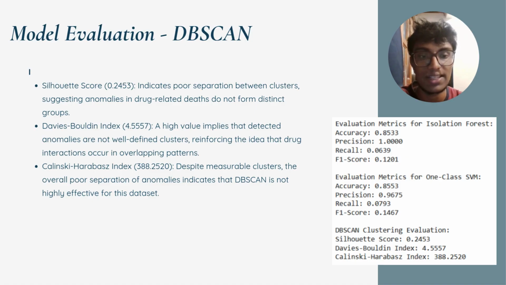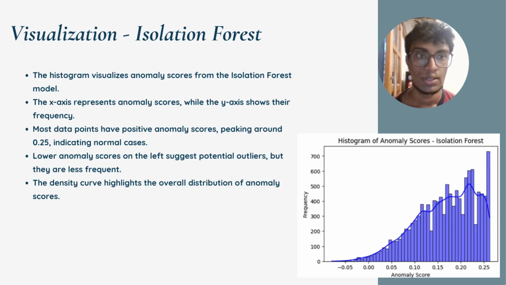This highlights the complexity of identifying anomalies in accidental drug related deaths, while multiple factors interact in ways that do not always follow clear statistical patterns. The histogram of isolation forest anomaly scores is right skewed, meaning most cases have low scores with fewer high score anomalies. In the normal cases, most deaths have anomaly scores between 0.05 to 0.15, indicating they follow well-known overdose